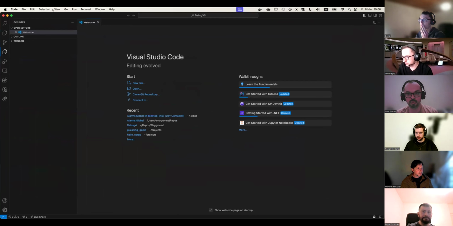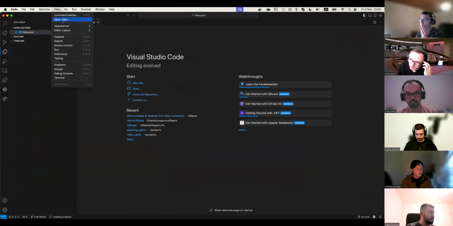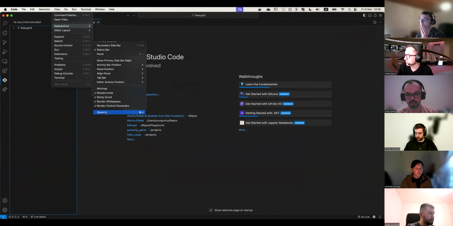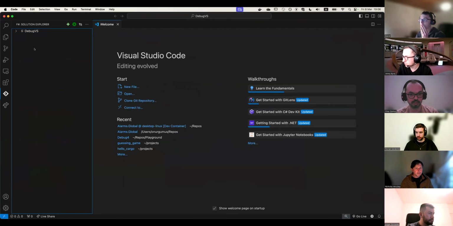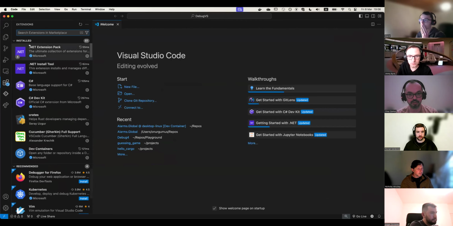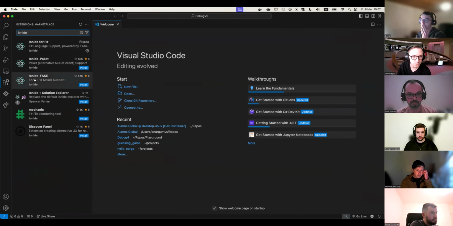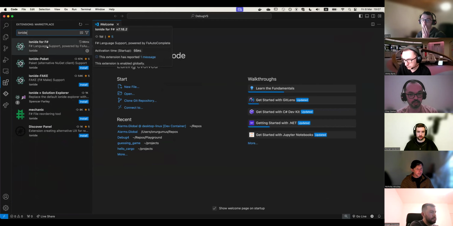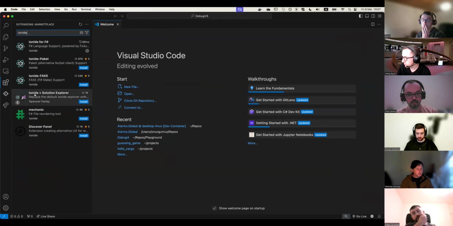Okay, now we can zoom a bit, see things a bit more clearly. So once you create that project, I have my Ionide extension installed. If you haven't installed it, you can go to the marketplace and just search for Ionide. There are different extensions. For the sake of simplicity, I actually uninstalled these other ones. The only thing you will need is this one. But in particular, I also recommend the Ionide Plus Solution Explorer, which will enhance your coding experience. I would recommend to go with that as well.